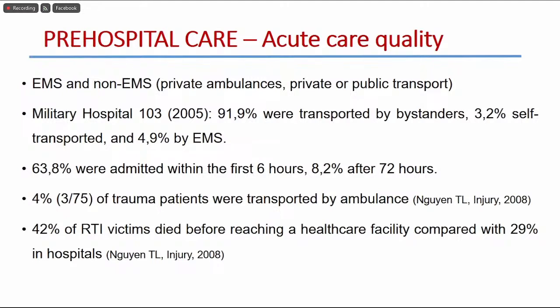It means all the things related to the 115 system, and the other side is the private ambulances. The private or maybe the public transport can be used as a set of them by the EMS. And therefore,